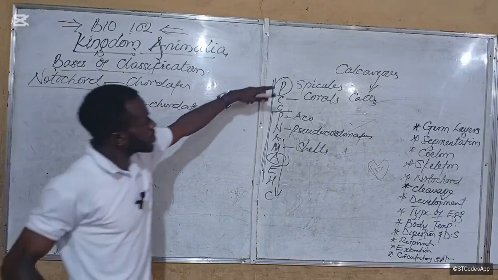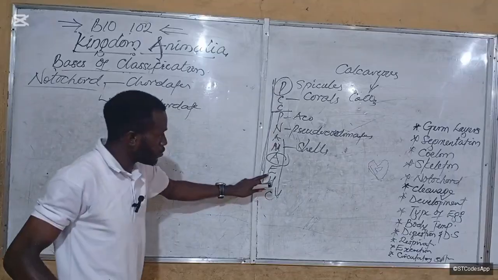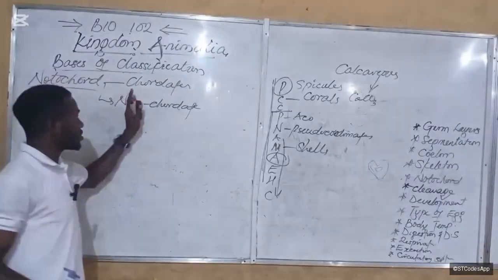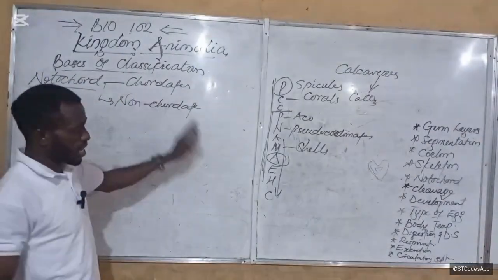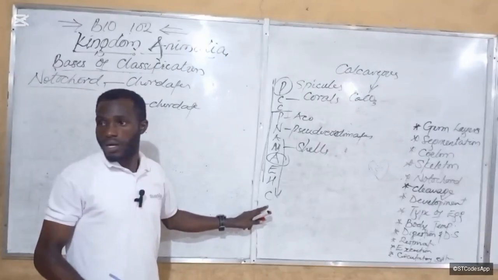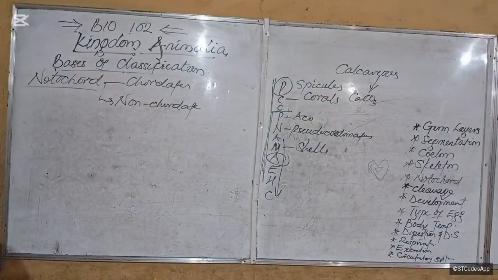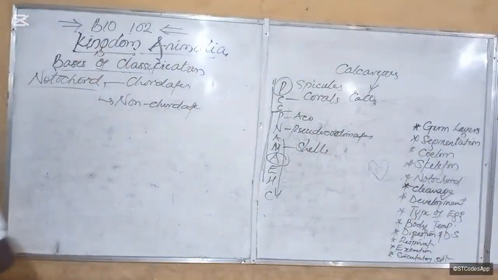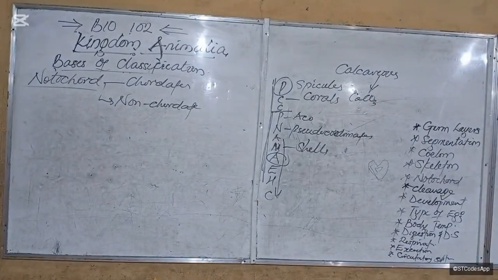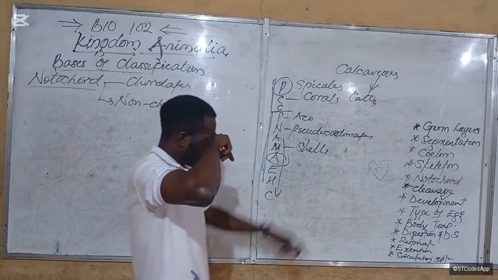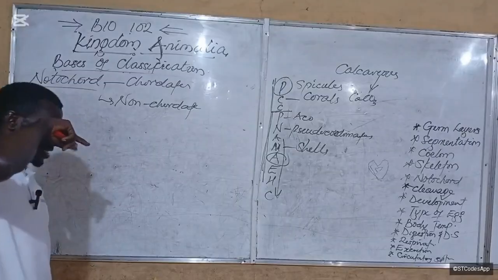So these guys from the first phylum to hemichordates, they are non-chordate, while chordates possess notochord. Okay, so that's that. Then the next one is the cleavage,